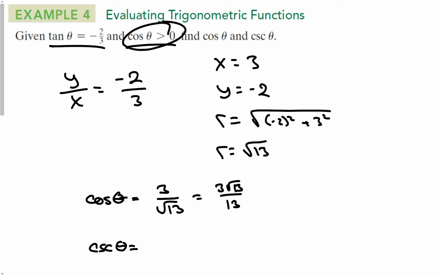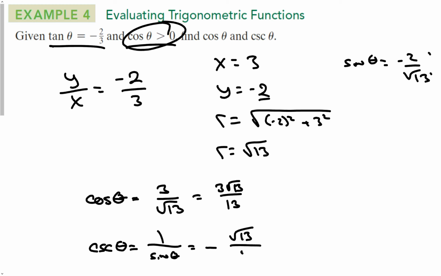Okay, cosecant. Cosecant is the reciprocal of sine. So it's 1 over the sine. Okay, so the sine would be negative 2 over the square root of 13. All right, and I'm just going to flip this to give me my cosecant, and that would be negative square root of 13 over 2. Okay, so